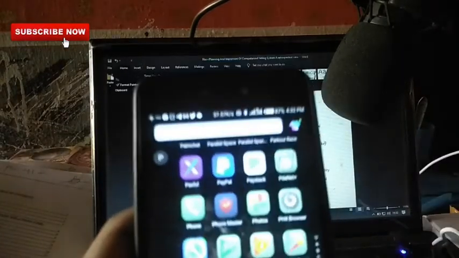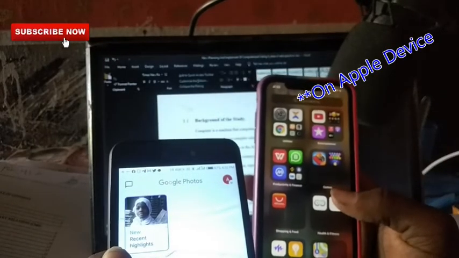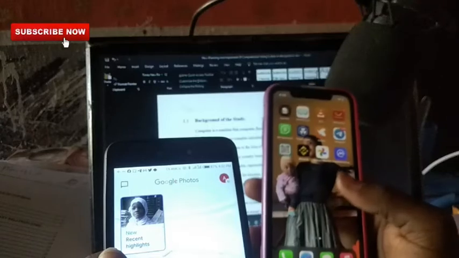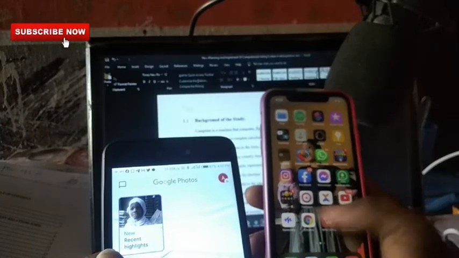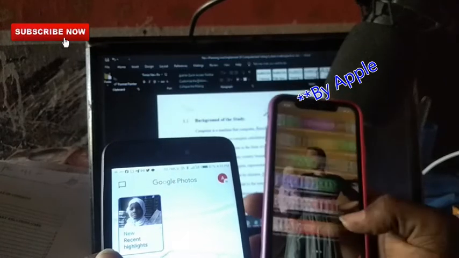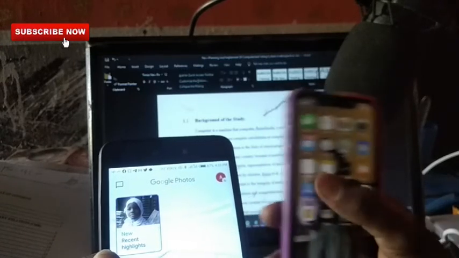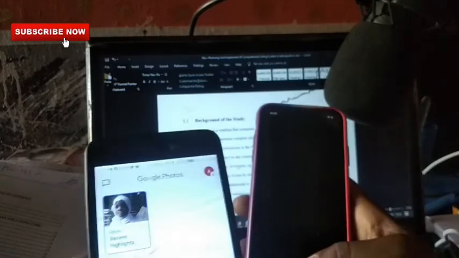If you don't have it on your phone, make sure you go to Play Store, because I know the application is available there. On an iOS device, there's nothing like Google Photos that comes with it, simply because iOS is not managed by Android. But if you go to the App Store and search for Google Photos, it's going to give you the same